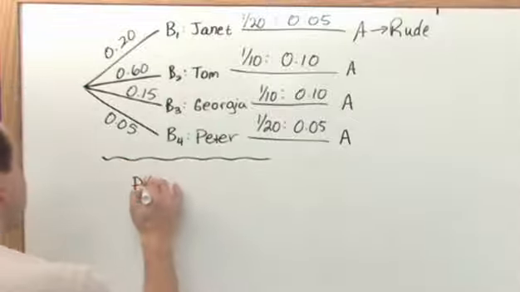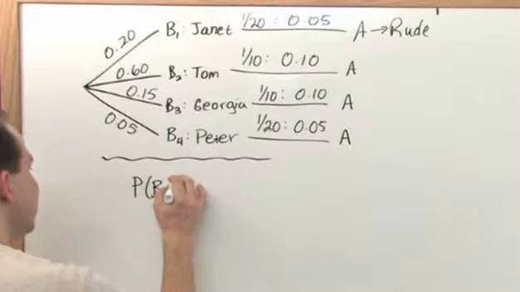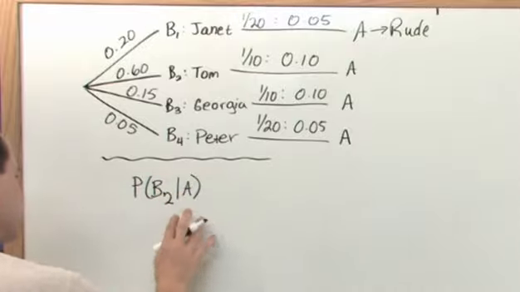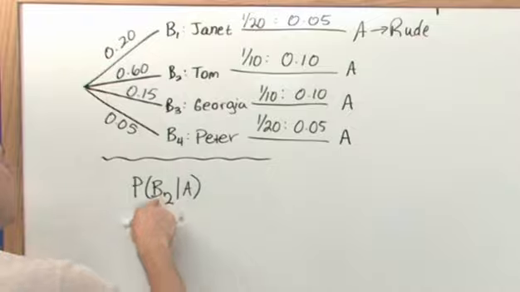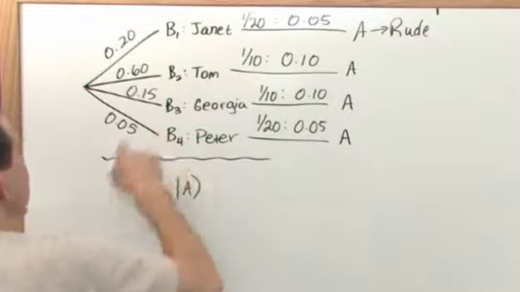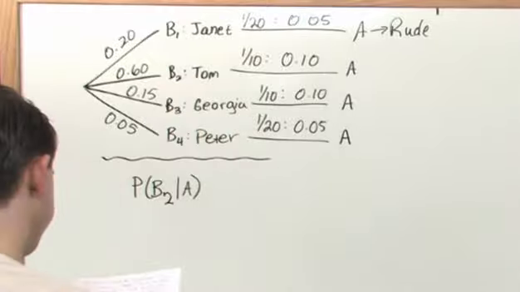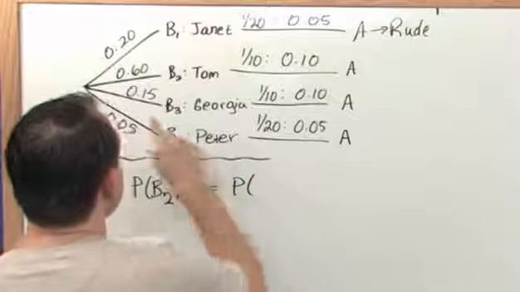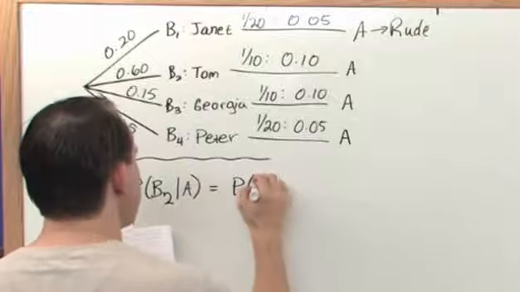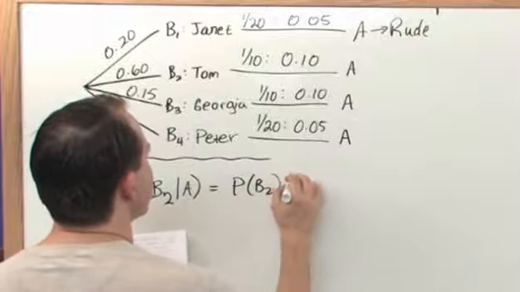We want to know the probability that B2 has occurred given that A has occurred. Given that we are being treated rudely, what's the probability that we went through the Tom path? That's what I want to know, the probability that Tom was my doctor. So going back to Bayes' theorem, it's the probability along this path, which is B2, times the probability of